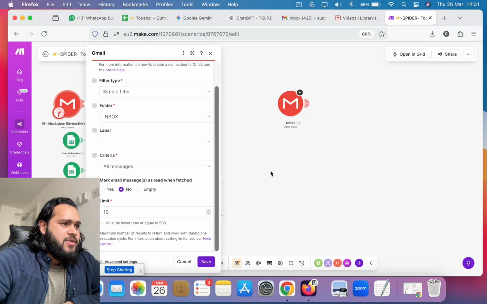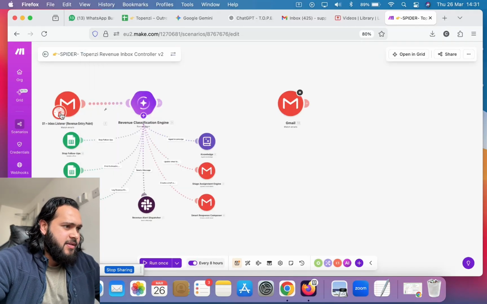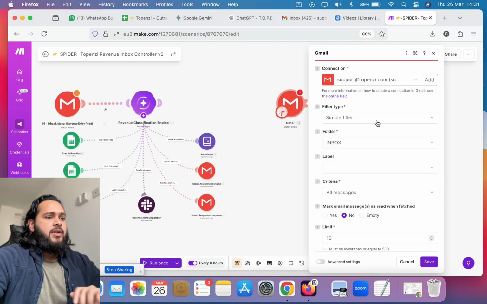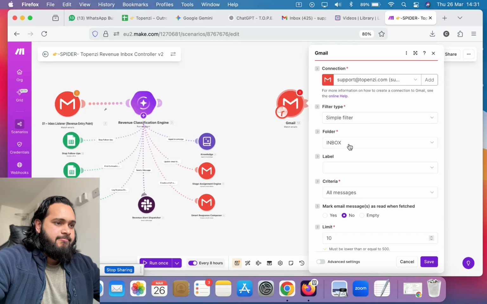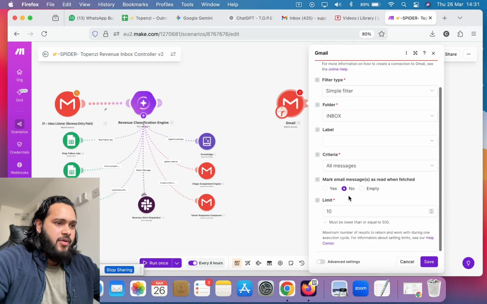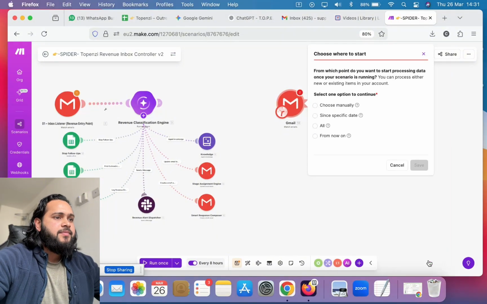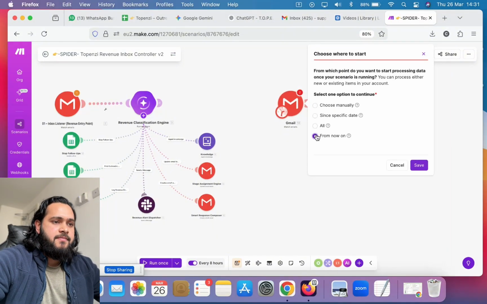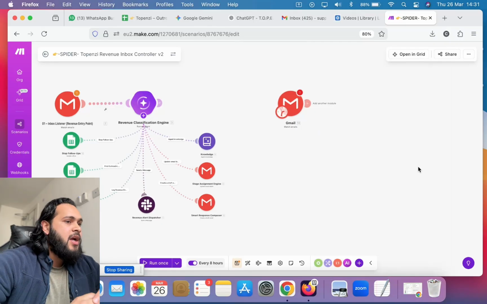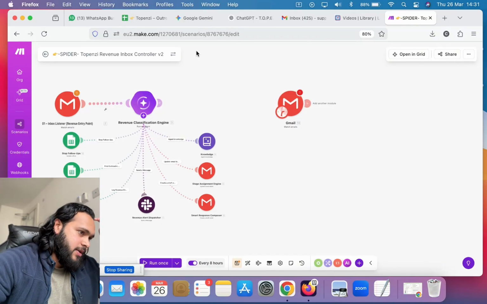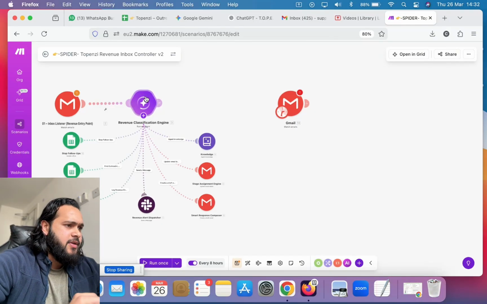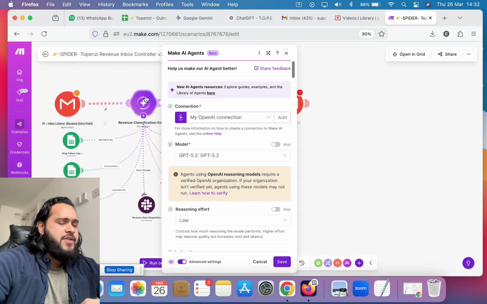All right, so let's take this clock here. Now it will work from here. Simple inbox, was it inbox? Yes. Okay, label is empty, all, no, limit 10. Okay, we're going to click save. From now on, click save. Brilliant. So next up, we are going to add this one, the revenue classification engine, and this is the built-in make.com AI